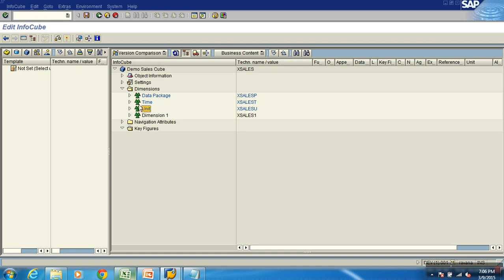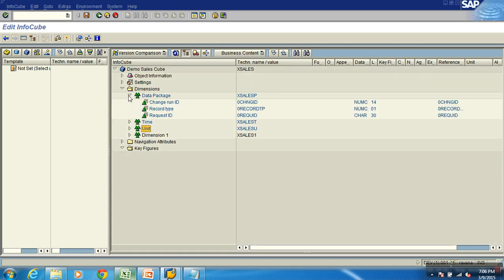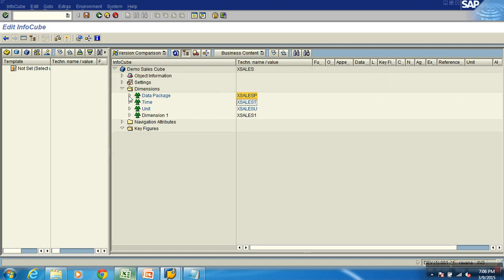Now look at this. Under this data packet dimension, what is this? That's a technical characteristic. I never specified it. By default, it is taken automatically for every cube, and that is what we call technical characteristics. We'll see them. Close it out, we're not worried about that. Next, time. What is the purpose of time? You're building a cube. If you want to use any time characteristics in defining the cube, specify them under the time dimension.